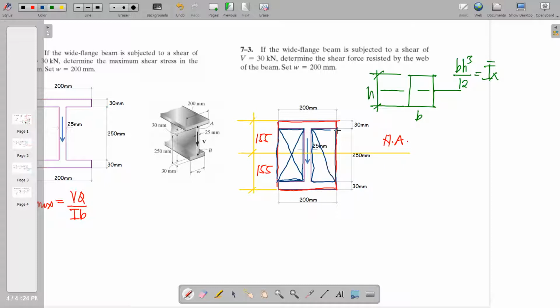So let us deduct these two rectangles from the larger rectangle. So for I bar,